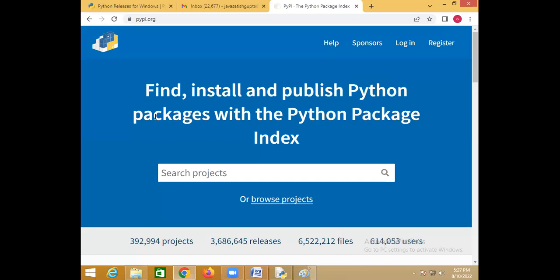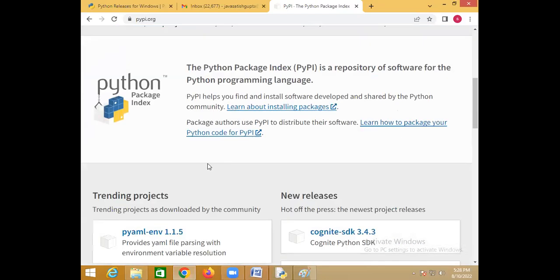A module is a set of functions. A package is nothing but a folder. Non-technically, a package is nothing but a folder, and inside that folder you'll have some number of programs. Each Python program is called one module. A module is a Python program containing some set of functions. So Python libraries are called packages. A package is a collection of modules. A module is a set of functions.